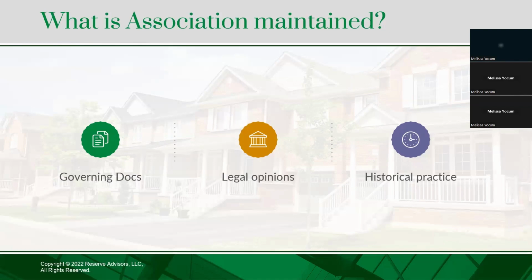I call that the 80 or 90% property description, where we're getting a rough idea of what the association is responsible for. And then that's ultimately refined when we're out in the field and meeting with you. So the first step is to review those governing documents, get an understanding for what the association is legally responsible for. Unfortunately, we all know those documents aren't always crystal clear. So whenever that is the case, we do recommend that you work with an attorney to seek a legal opinion or interpretation of the documents to fully understand what is common and who's responsible for what.